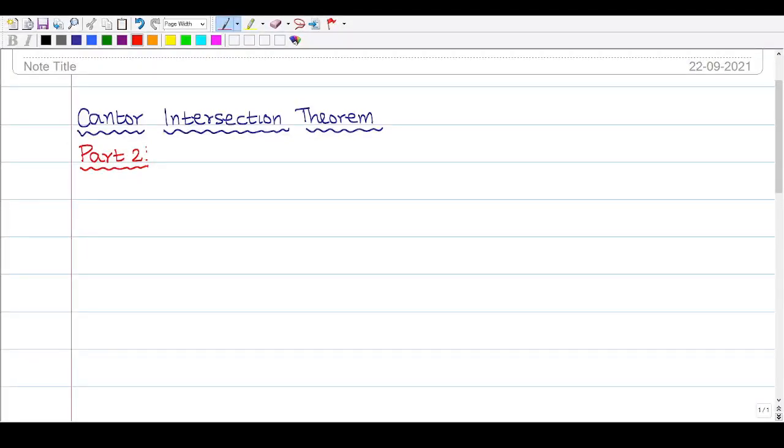Dear students, now let us state the second part of the Cantor Intersection Theorem. இது என்ன சொல்லுது அப்படின்னா, so let me give the definite statement first. Let capital X be a metric space, having the property that